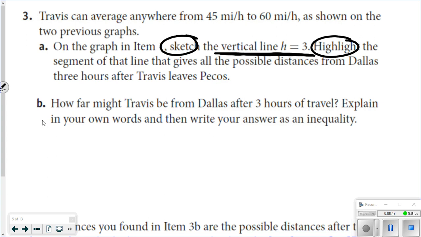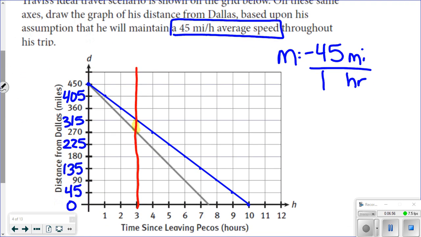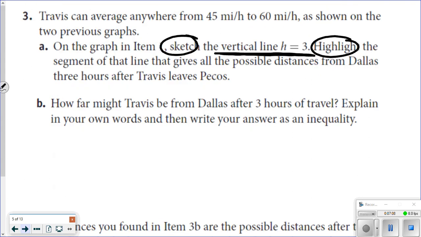So let's look at the endpoints here. Okay, let's look at the numbers. Where does my red vertical line intersect? Here and here. So what's the lowest number of miles? 270. What's the highest number of miles? 315. Okay, so in my own words, it would be